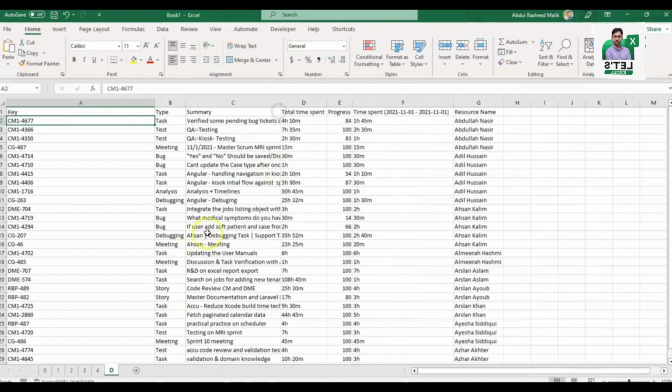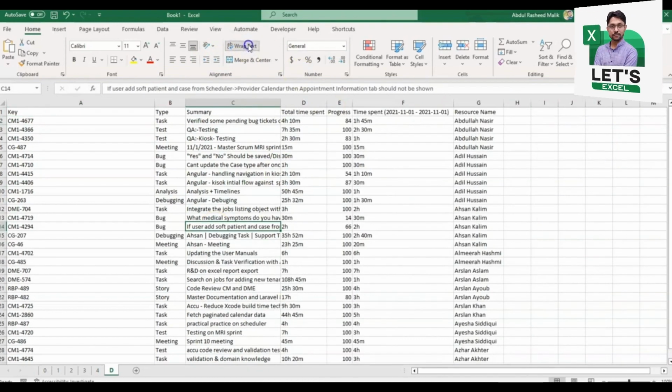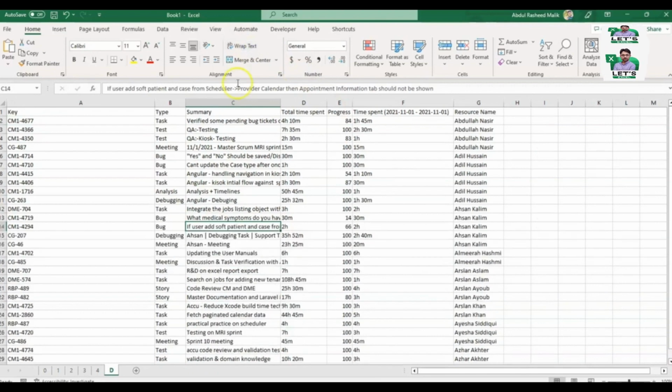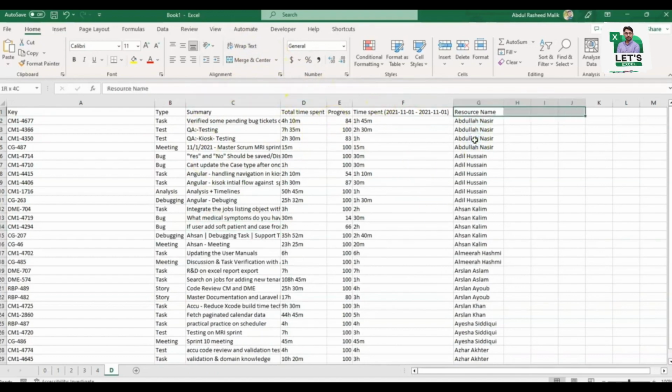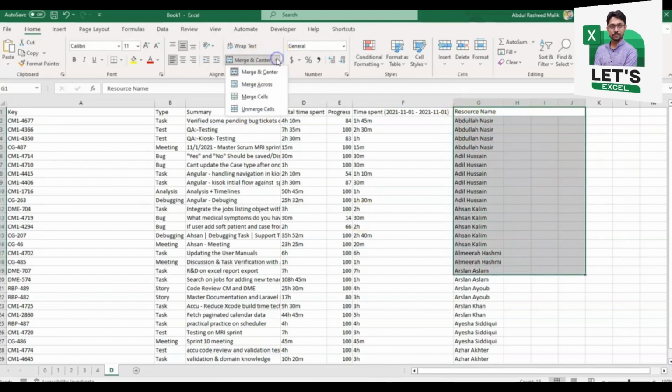merge cell option. If I need to merge these three cells, I will use this option, and if I don't want it in the center, I can use these options from here, okay, that's good. And what if I need to have all of these cells merged? It will be merged like this, right? And if I want to get back to normal view and unmerge them,